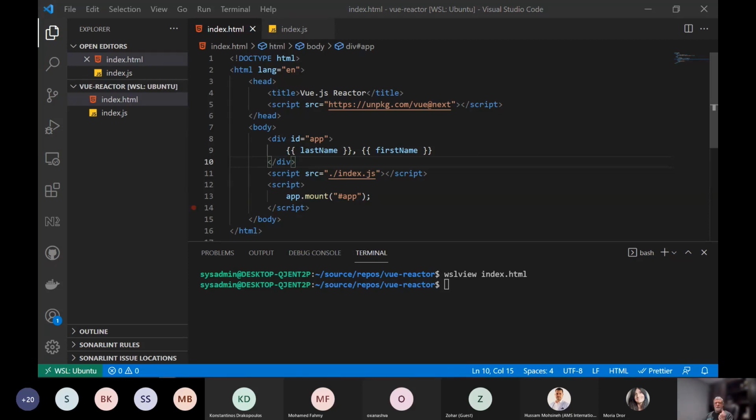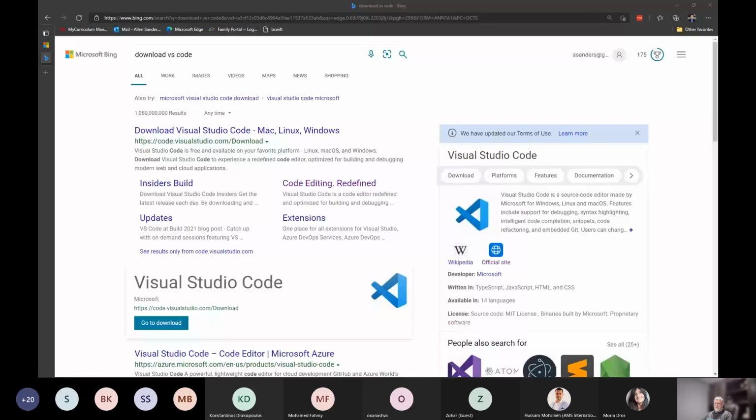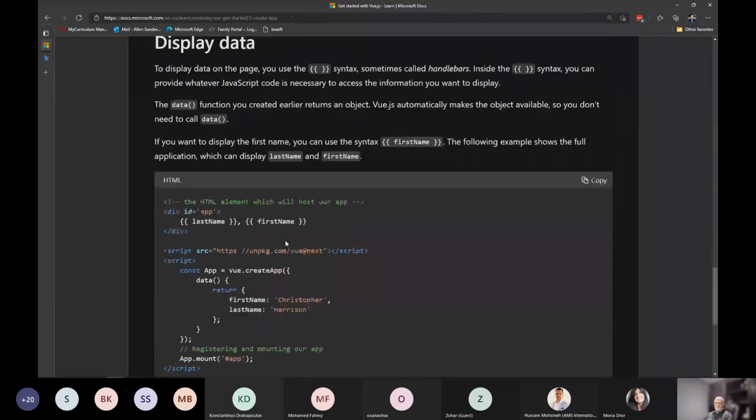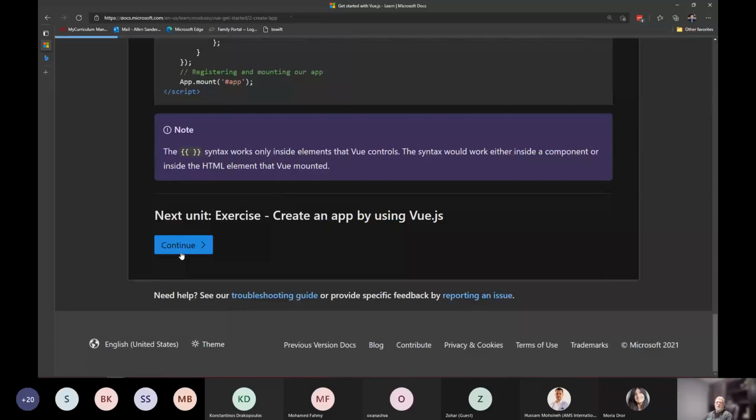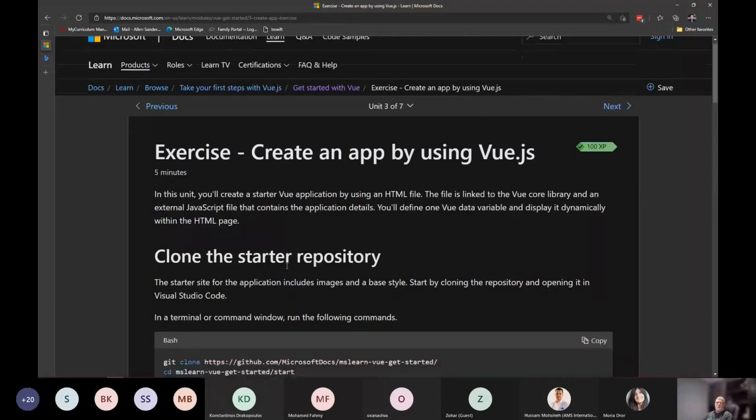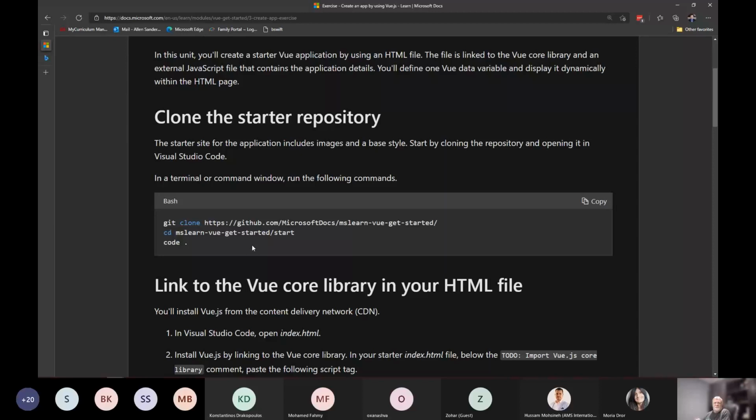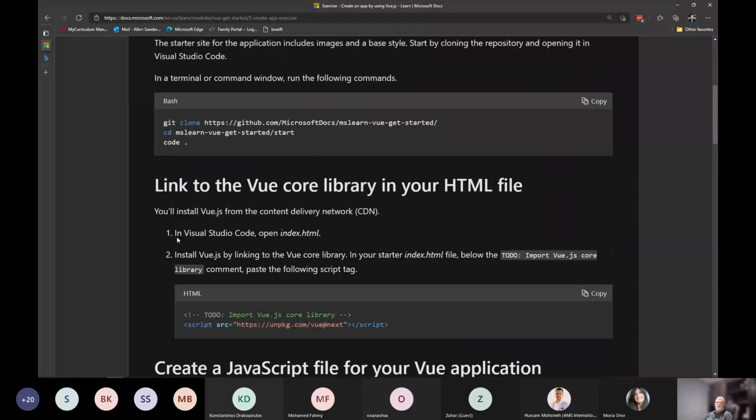So any questions or comments, certainly feel free to raise those as we're proceeding. But let's look at another example, okay? Following along here, we're now going to look at cloning a repository and building out a styled, a little bit more interesting application. It's still not going to be very functional, but it'll be maybe a little bit more interesting in terms of how it looks. And the way we can do that is I'm going to